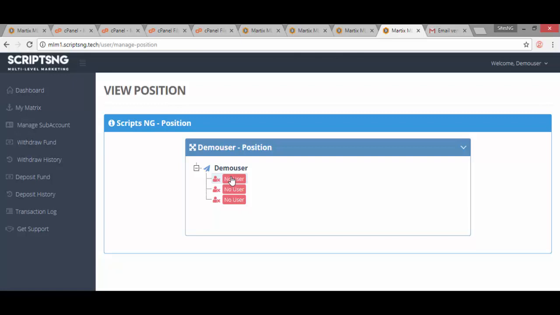So it is a system that works automatically by itself. So far the system is working, the admin is always smiling to the bank, the admin is always cashing out. So this makes this one of the best MLM scripts in the world. I repeat, it's one of the best MLM scripts in the world because everything works fast and directly.